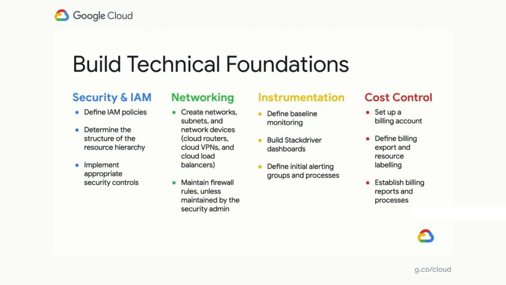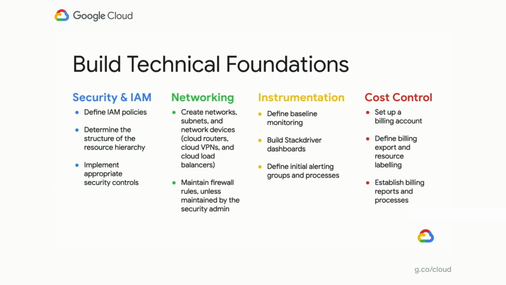Instrumentation means defining the baseline of all of your monitoring of your infrastructure, making sure it's available and performs at least as well as it did on-premise when you move it to the cloud. And finally, of course, it's really important to think about cost control. It used to be that your procurement department would buy infrastructure or approve that perhaps once a year, whereas in the cloud, that's much more dynamic. So understanding the impact of that across your